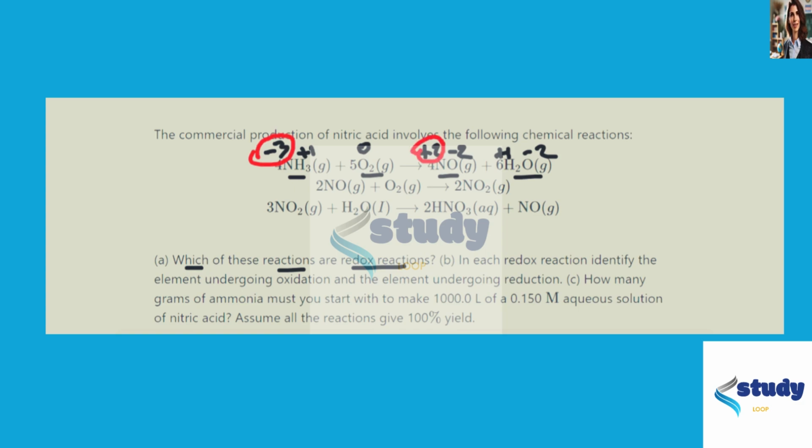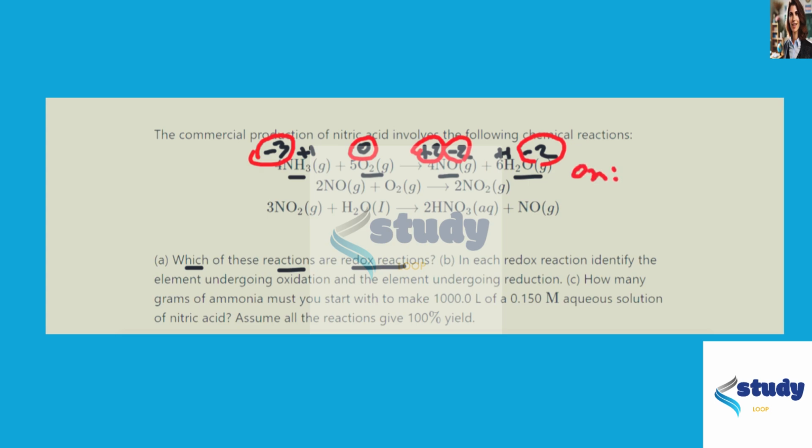That means it is increased. And as you know, an increase in oxidation number means oxidation, and there is a decrease in the oxidation number of oxygen from 0 to -2. As you know, the decrease in oxidation number is called reduction. So this is an oxidation reduction reaction where the oxidized species